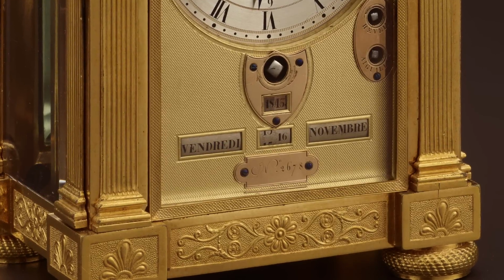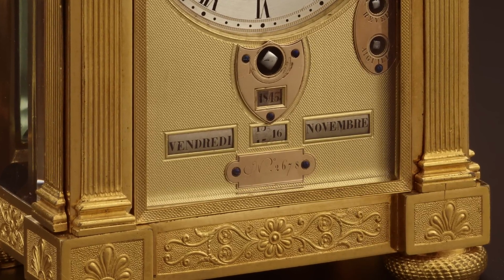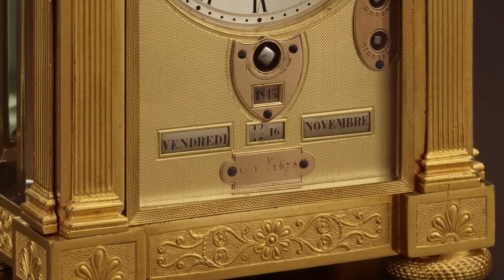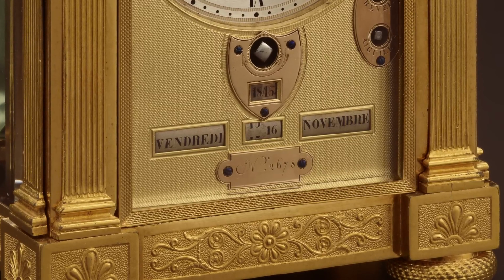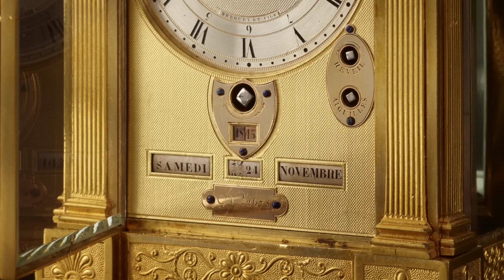Below the dial, a simple calendar shows in French the day, month, and year. Just below is engraved the serial number of the clock, number 2678. The front of the clock also features 3 winding arbors, one to wind the clock, which has a 38-hour duration. A second, entitled aiguille, for hands, is used to set the time, and the third, entitled réveil, for alarm clock,